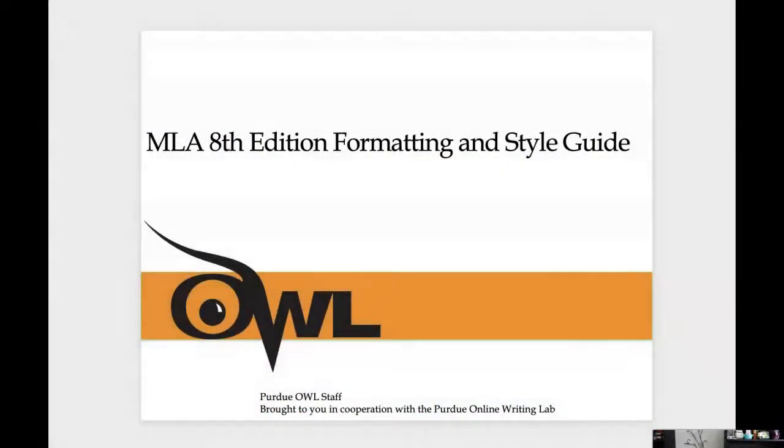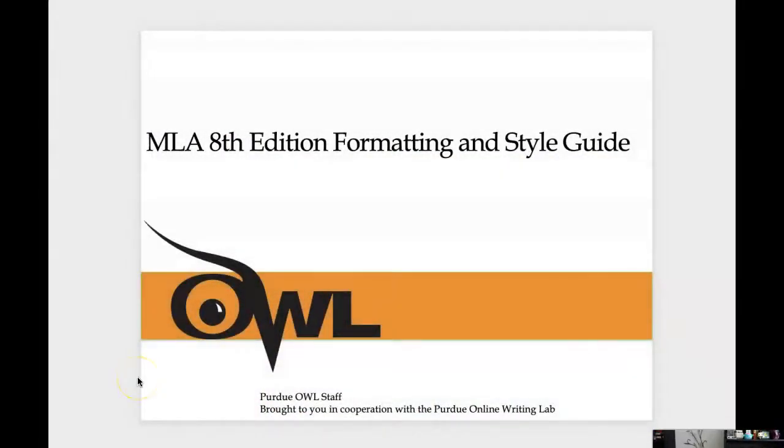So let's go ahead and get started. I know some of you are coming from backgrounds where you've learned about MLA, or you've learned about it but it's been a while. And for some of you, this may be a lot of new information, but again, we have all these materials posted on D2L, and all of the tutors that we work with at North Harris know about MLA. So should you ever need additional assistance when you're revising your drafts, they can help you with that as well. All right, so I'm just going to pull up the PowerPoint and walk you through some details.